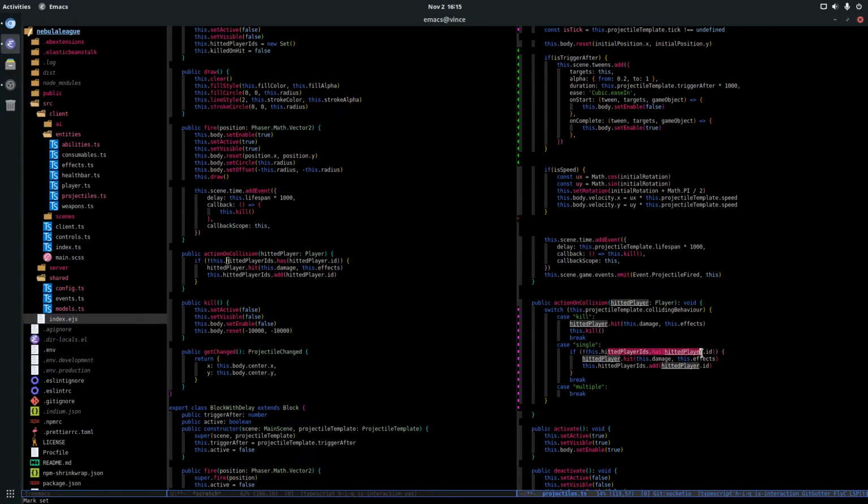Inside my projectile I'm tracking who's got it. So I receive the collision, I'm hitting, the player has a hit function, I'm sending the damage of the bullet and the effect. That's correct.